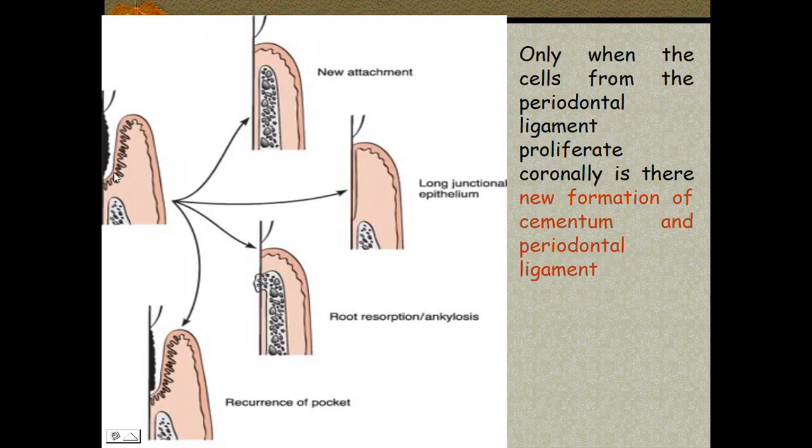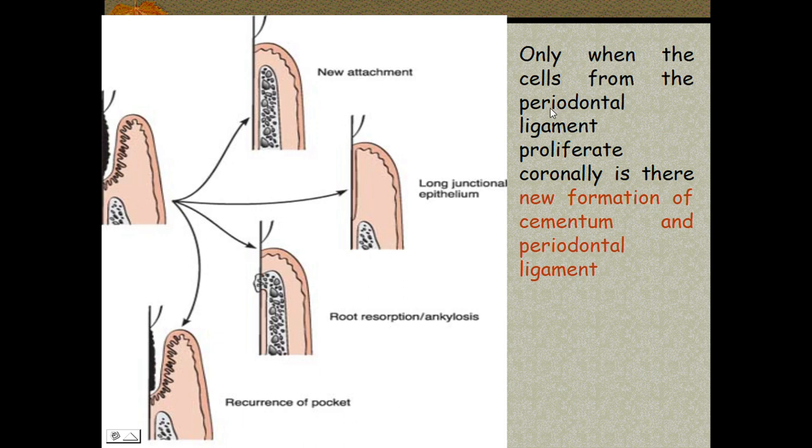So if periodontitis is there, and once we are done with the scaling and root planing and we do regenerative surgery, the first ideal outcome is new attachment. That means new periodontal ligament is formed, new cementum, new bone is being formed, and the gingival sulcus is restored back to the normal position. But epithelium has a faster rate of growth potential as compared to others. It will proliferate fast and long junctional epithelium will form, but it is vulnerable to breakdown. Root resorption, if bone formation exceeds, and recurrence of pocket.